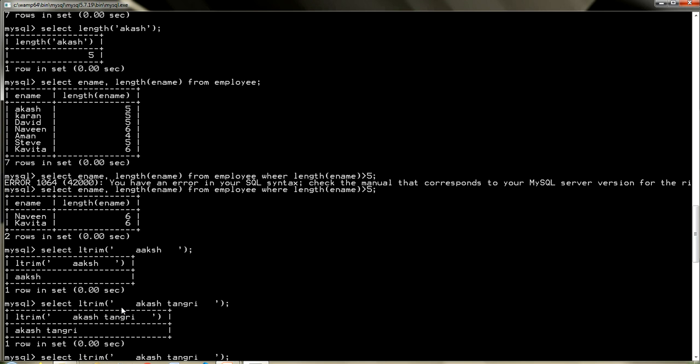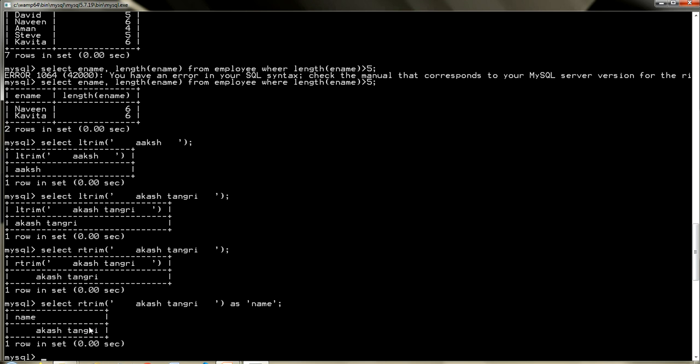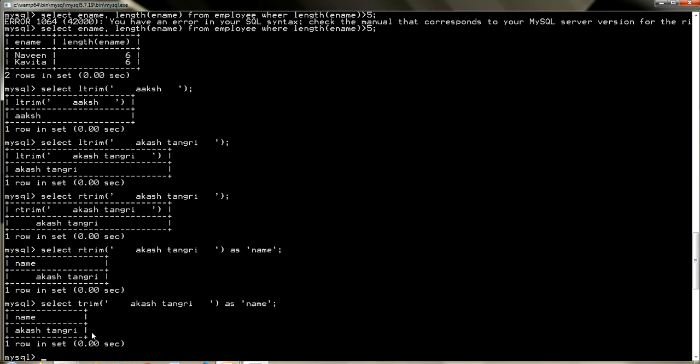If you want to remove the spaces which are at the end, so you can use trim function. So now you can see here the spaces which were at the back were removed. You cannot see because let me give you the name as name. Let us see, give a short name to the column. Now you can see here the spaces which were at the end, they all are removed. If you want to remove both the spaces, so simply you write down trim. So this is how you can remove the spaces.